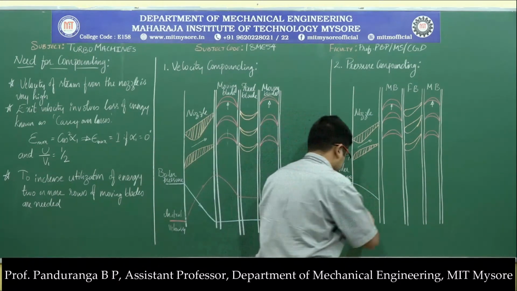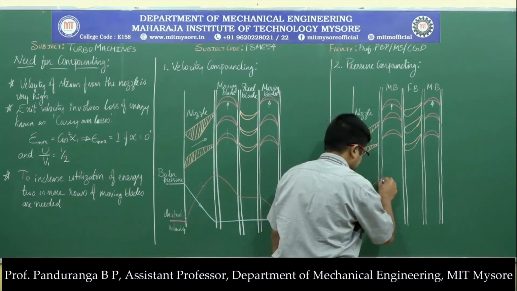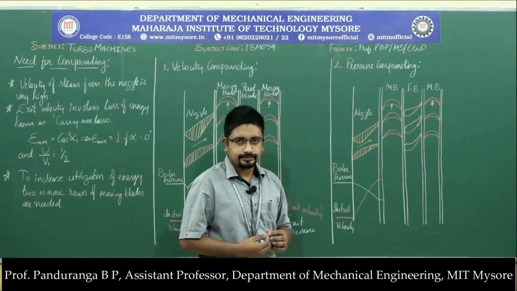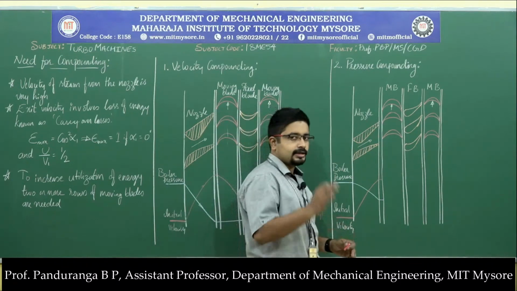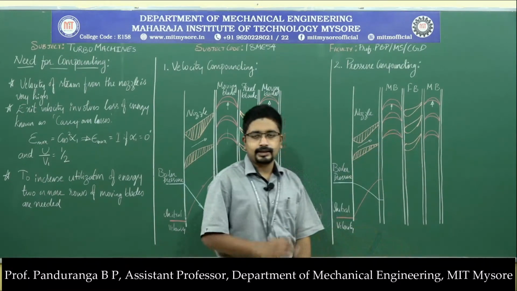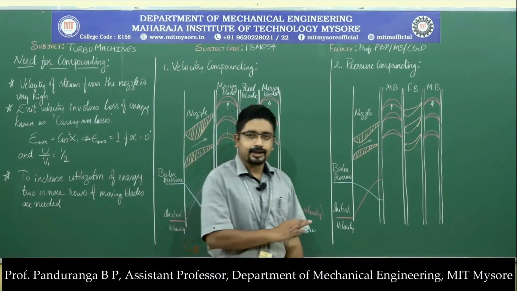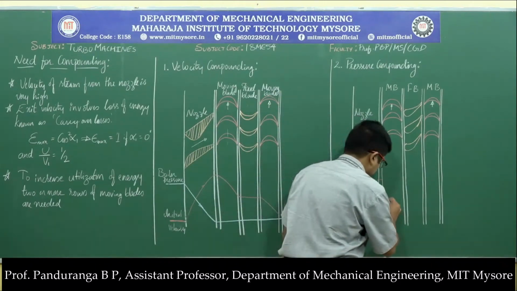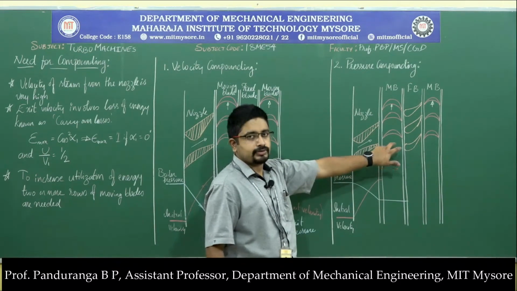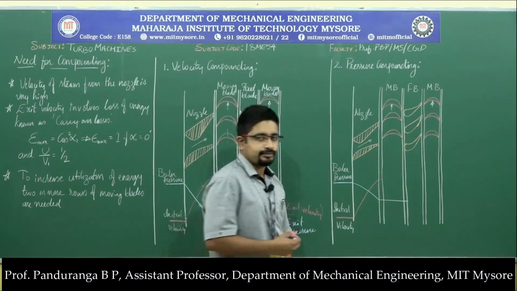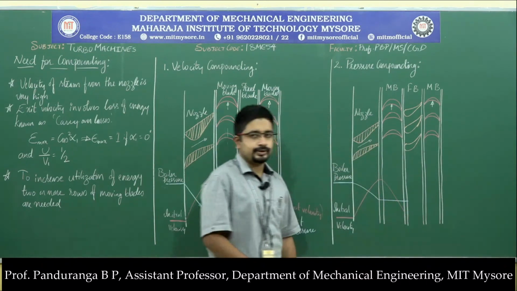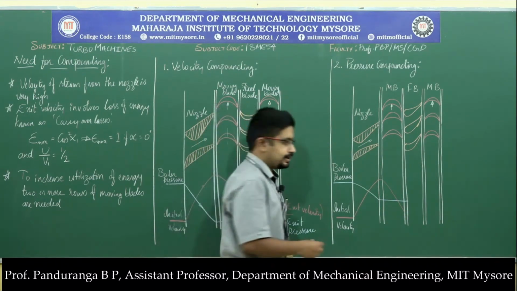Okay, so the reduction in the pressure energy leads to increase in the kinetic energy of the steam, and then the steam enters the moving blade. As it enters the moving blade, here the pressure remains same or constant because we have symmetric blades, and since there is no change in the passage area, the pressure remains constant. So here the pressure remains constant, but these are moving blades which are absorbing certain amount of energy from the steam. So because of that, the kinetic energy reduces, or the velocity of the steam reduces, and